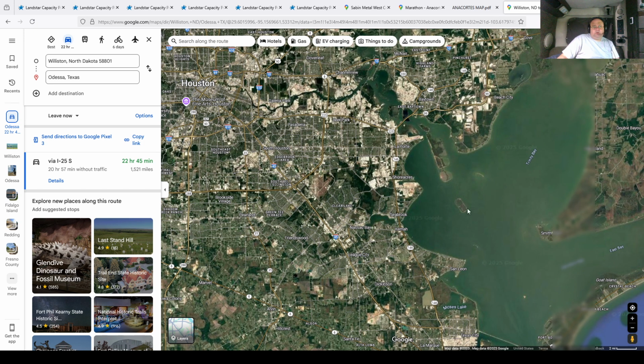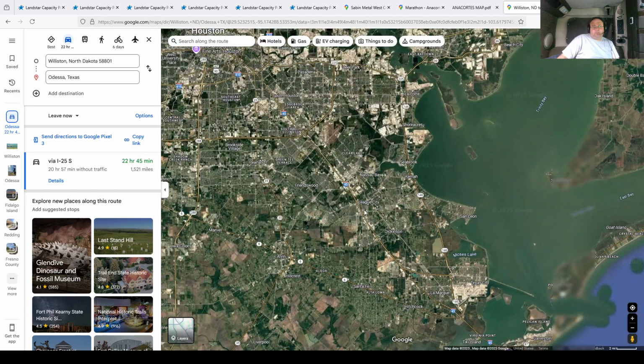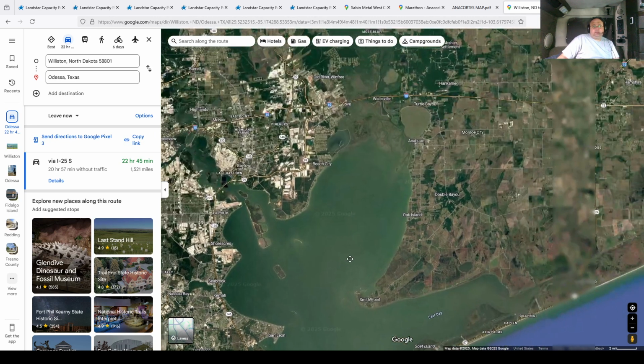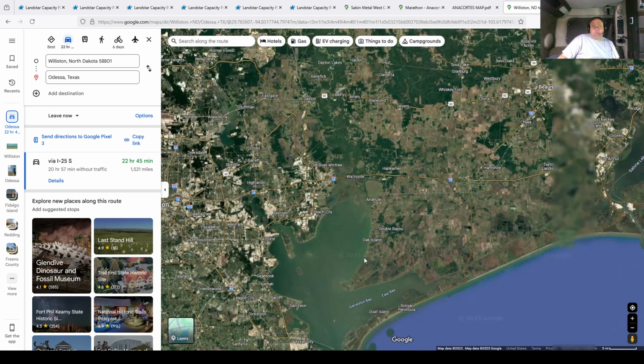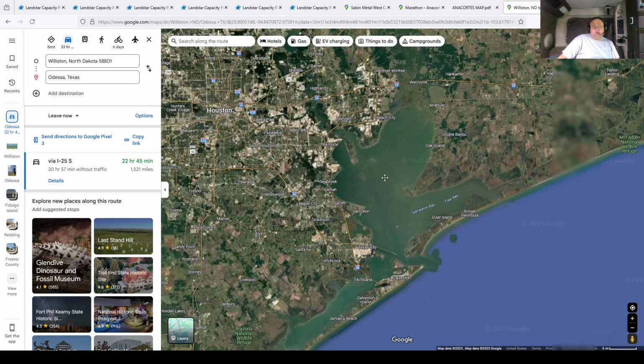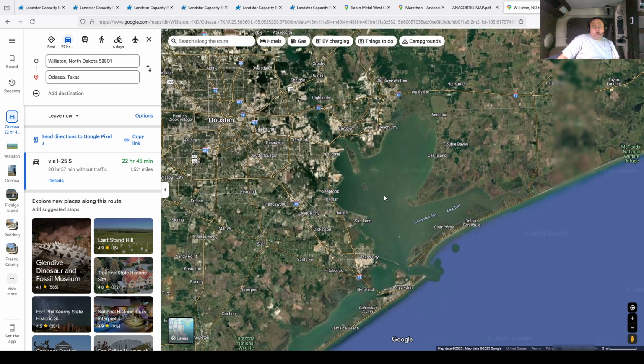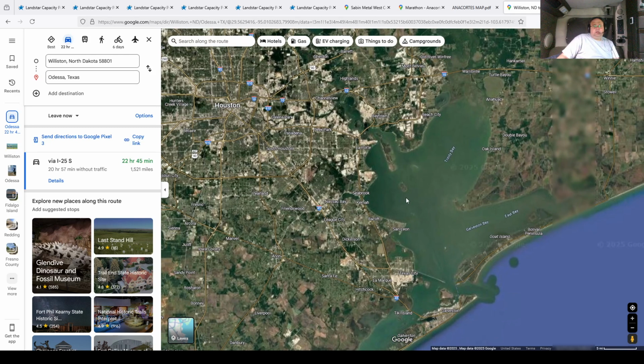There was some load that picked up like over here on this side of the bay, and it delivered like over here somewhere. I can't remember. It might not even have been in Houston, but I'm just using this as an example. So the actual realistic miles for me to get from point A to point B was